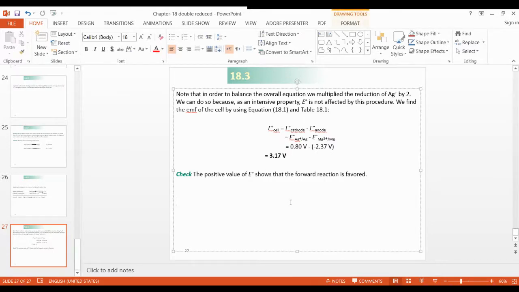Corrosion is not here, but it is in a different slide. Corrosion, you should know that this is also oxidation reduction. For mild steel, if it is corroded, rust is formed. So how the oxidation occurs and how the reduction occurs on the surface of the steel, you should know that.